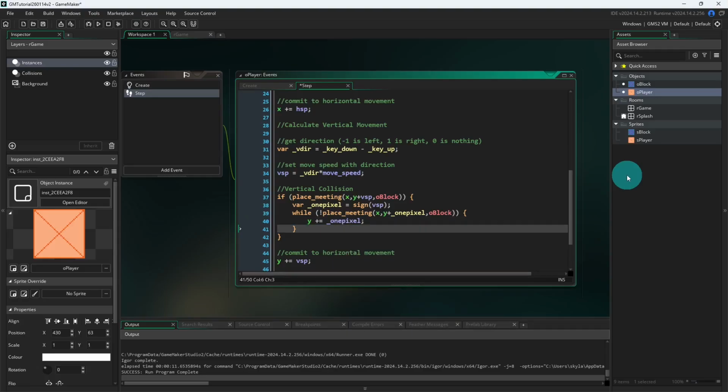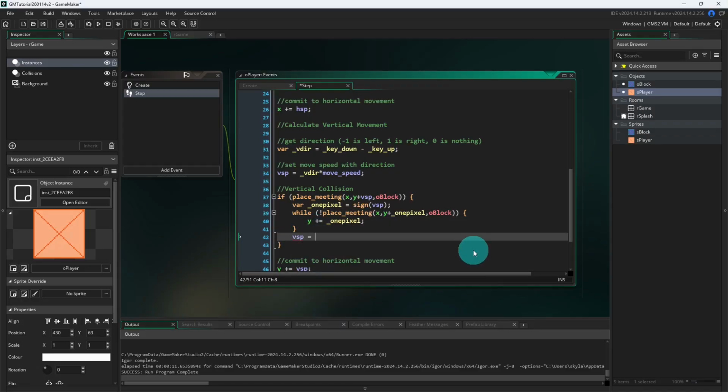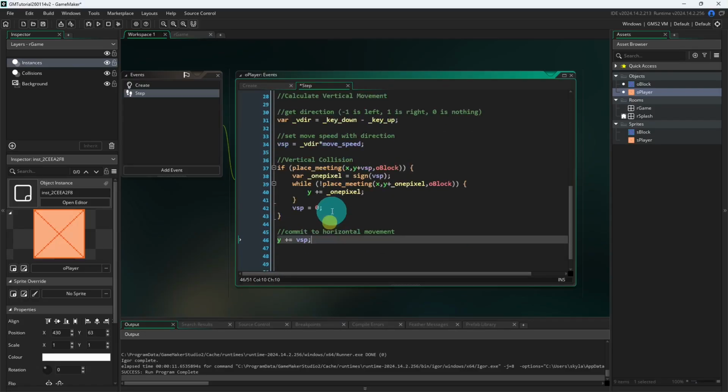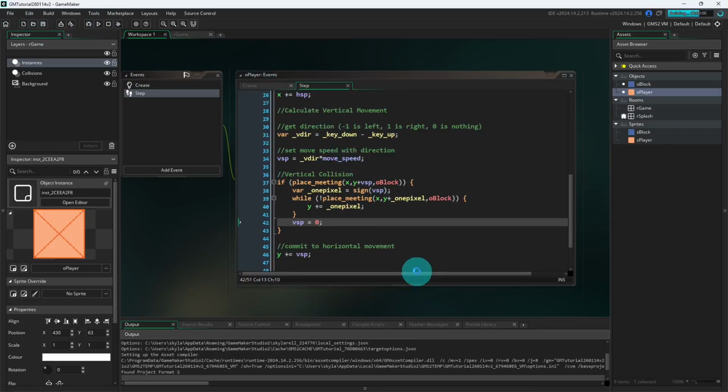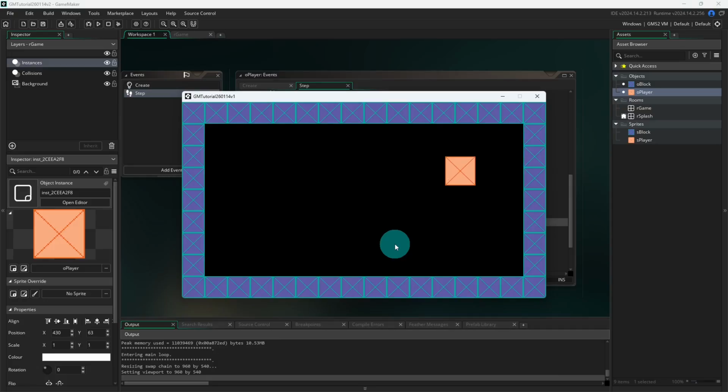Yep. Does this change yellow? There we go. And then underneath that, vsp = 0, and then commit to movement. Whew, I think I did that correctly. So let's run the game. And now